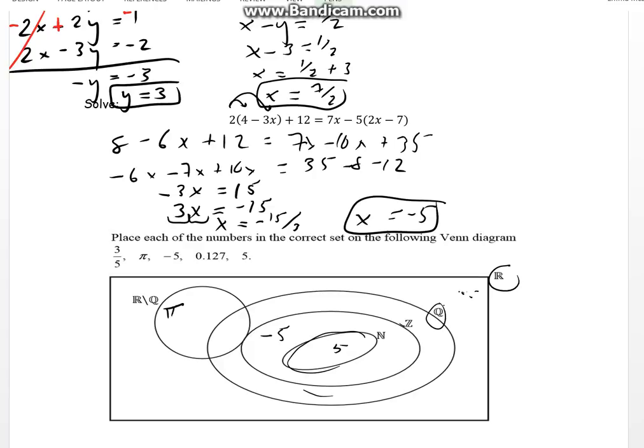I need my calculator to check. Okay, yeah, well it doesn't matter. So a rational number can be a fraction, 3/5. A real number can be 0.127. I'm assuming that doesn't make a fraction. I don't have a calculator with me. That could be in there. And